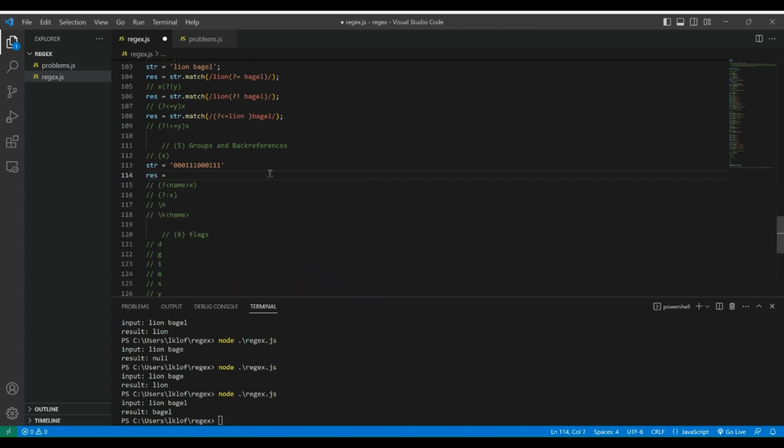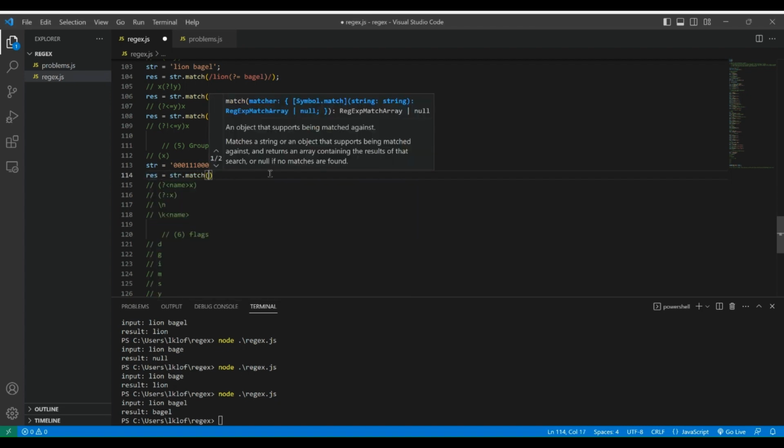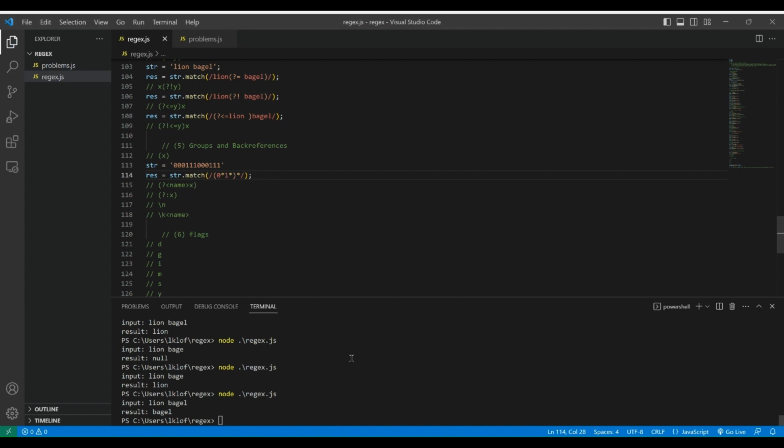We'll do the match statement like usual on the string. And then when we're creating the group, we'll use a parenthesis, and we want to match zeros, we want to match ones, and then we want to do that over again. So just like that, we define a regular expression inside of the group, which is 0 or more zeros followed by 0 or more ones, and we're also going to do 0 or more of those themselves. And you can see we matched it, 0, 0, 0, 1, 1, 1, 0, 0, and then you're seeing an